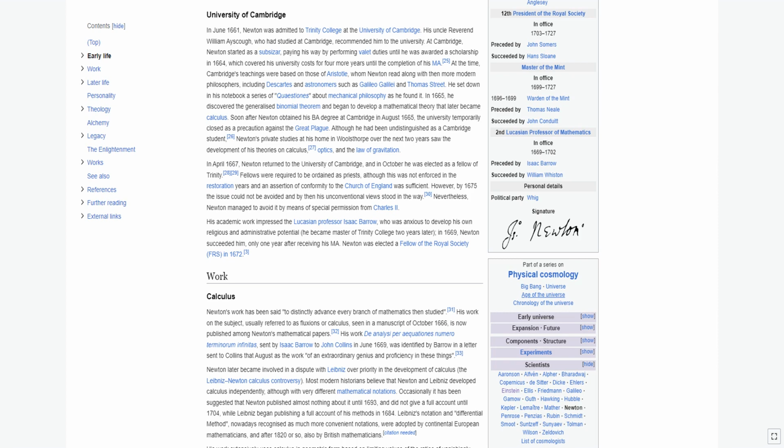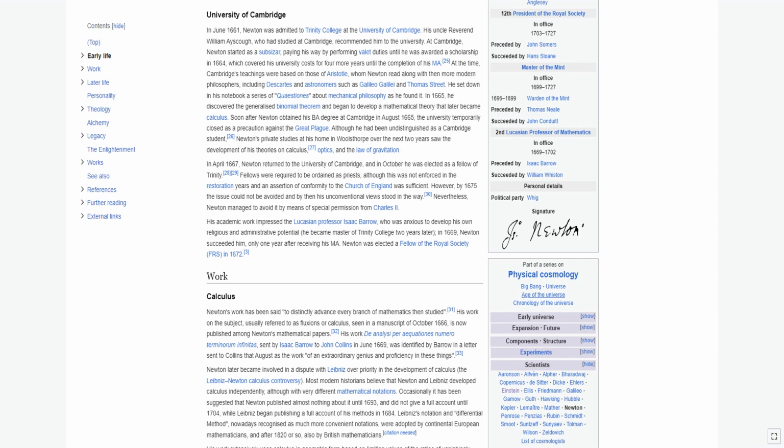Soon after Newton obtained his B.A. degree at Cambridge in August 1665, the university temporarily closed as a precaution against the Great Plague. Although he had been undistinguished as a Cambridge student, Newton's private studies at his home in Woolsthorpe over the next 2 years saw the development of his theories on calculus, optics, and the law of gravitation. In April 1667, Newton returned to the University of Cambridge, and in October he was elected as a Fellow of